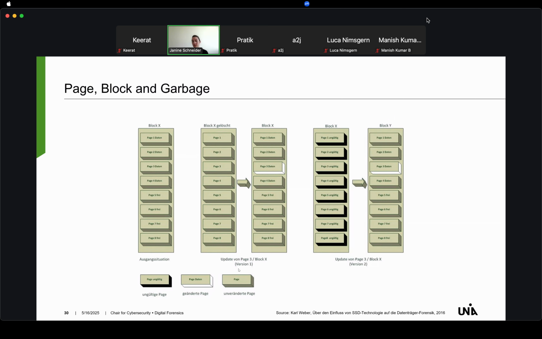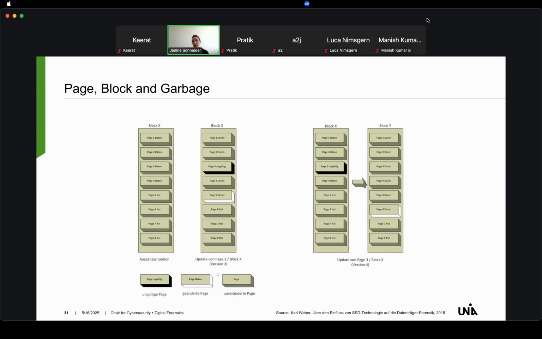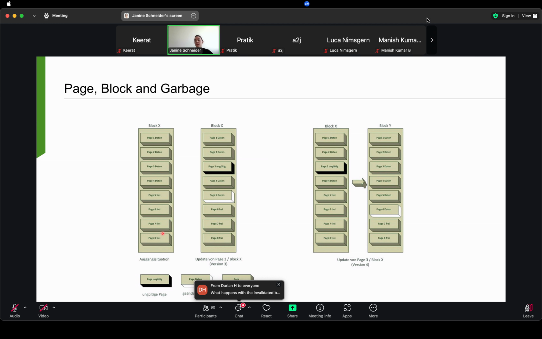Okay, and as I said, we have 4 strategies. So here come another 2. So strategy 3 works as follows. We have block X again. We have data in 4 pages. We have no data in these 4 pages. And we want to write a page again. And in order to do so in strategy 3, we mark